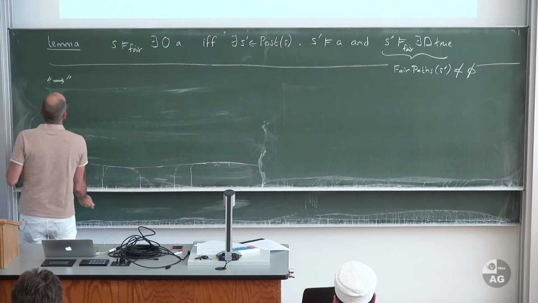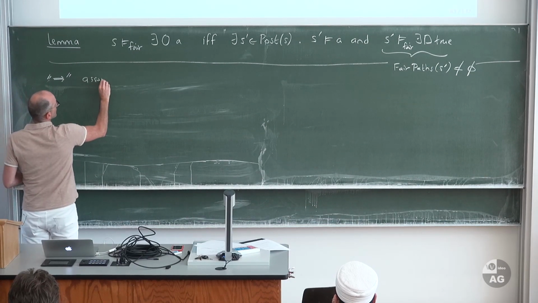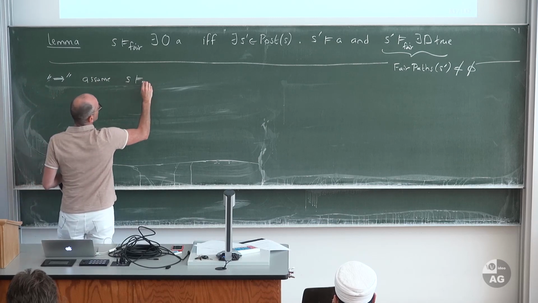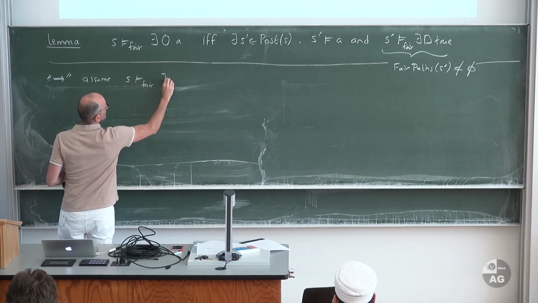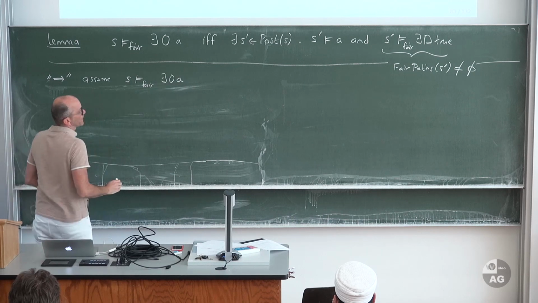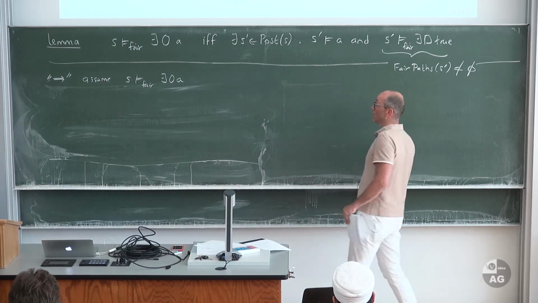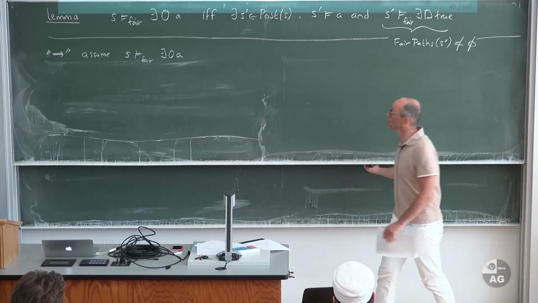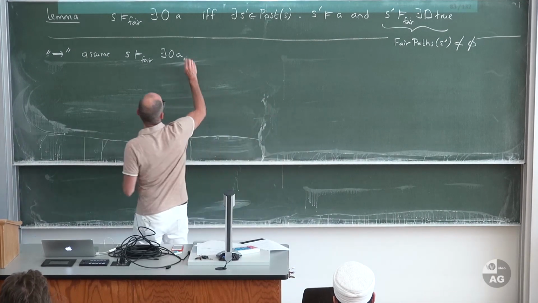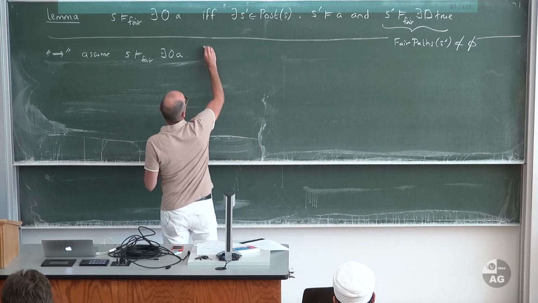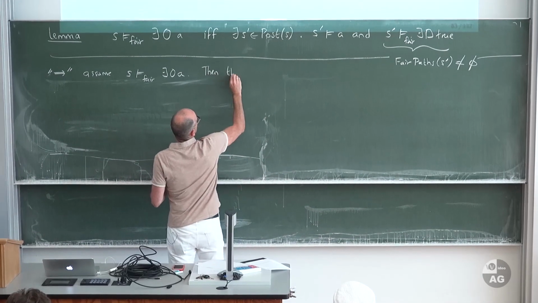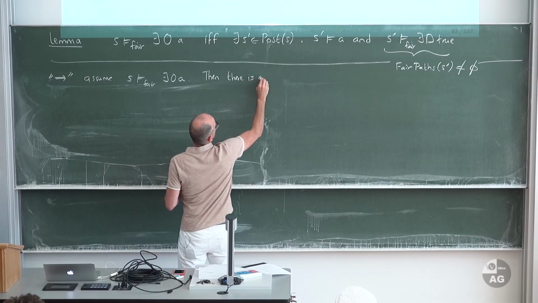Good. Assume that S satisfies, under the fairness assumption, existential next A. And this holds for all fairness assumptions, right? I did not make any assumption about the shape of my fairness assumption. So assume that this holds. Then there is a fair path